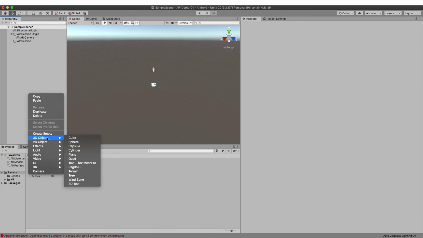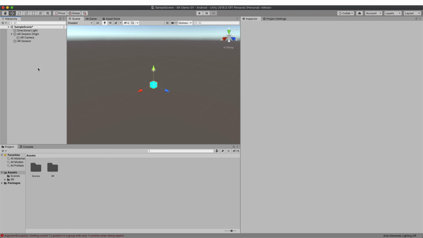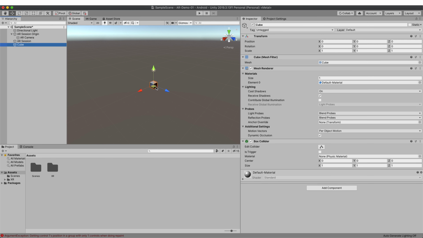So I just insert a 3D object, a cube. Okay, so here's the cube. And if using AR, there is something you need to take care of: the size of any of the 3D objects. If you have some knowledge about Unity, it basically uses the meter as the unit. So if your cube has the size X, Y, and Z of 1, that means if you start your AR application on your phone,